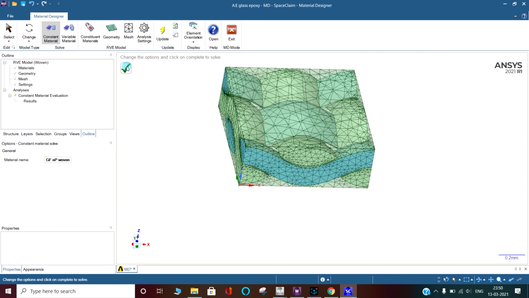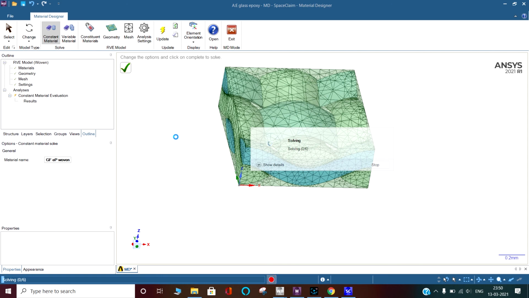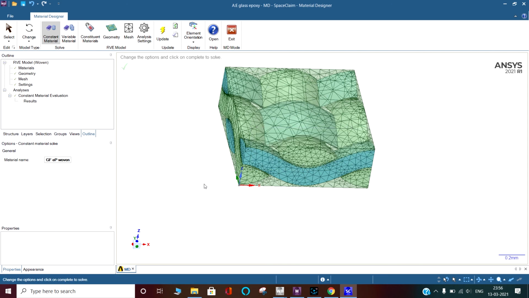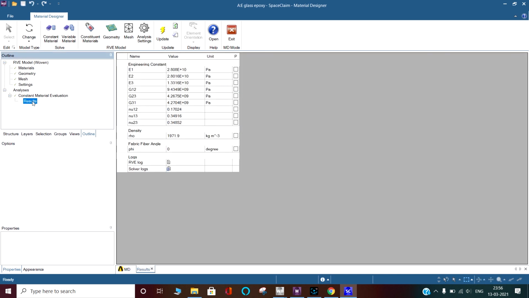and again it will solve the same 6 equations that I already told you. It has solved the equations, and we can go and see the results. In the results we find that the Young's modulus is 28 gigapascal in E1. E2 is also 28 gigapascal, and 13 gigapascal in the Z direction.